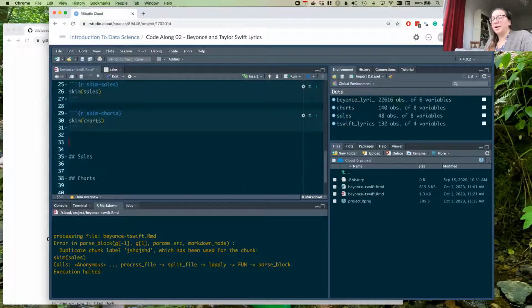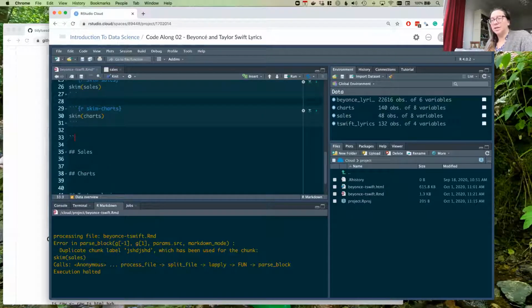In order to add an R chunk, you literally could type this out. However, this backtick appears in different places depending on what sort of language your keyboard is, like what country you bought your keyboard in matters. Or you can go to insert and then click on R to get an R chunk. These other language names are here because you could run code in other languages as well, but we're not going to do that in this class.